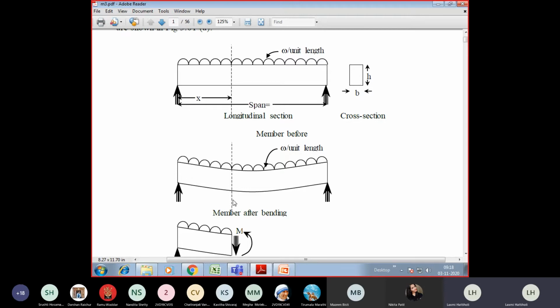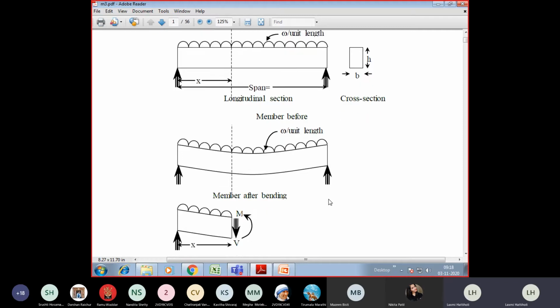So that's why you can see this curved line here, right? Now, these are the reactions from the support, on the left side and the right side. What I've done here is take any section, wherever you want. At each and every section, there is shear force and bending moment, right? Now you can see this dotted line. I have simply taken this section.